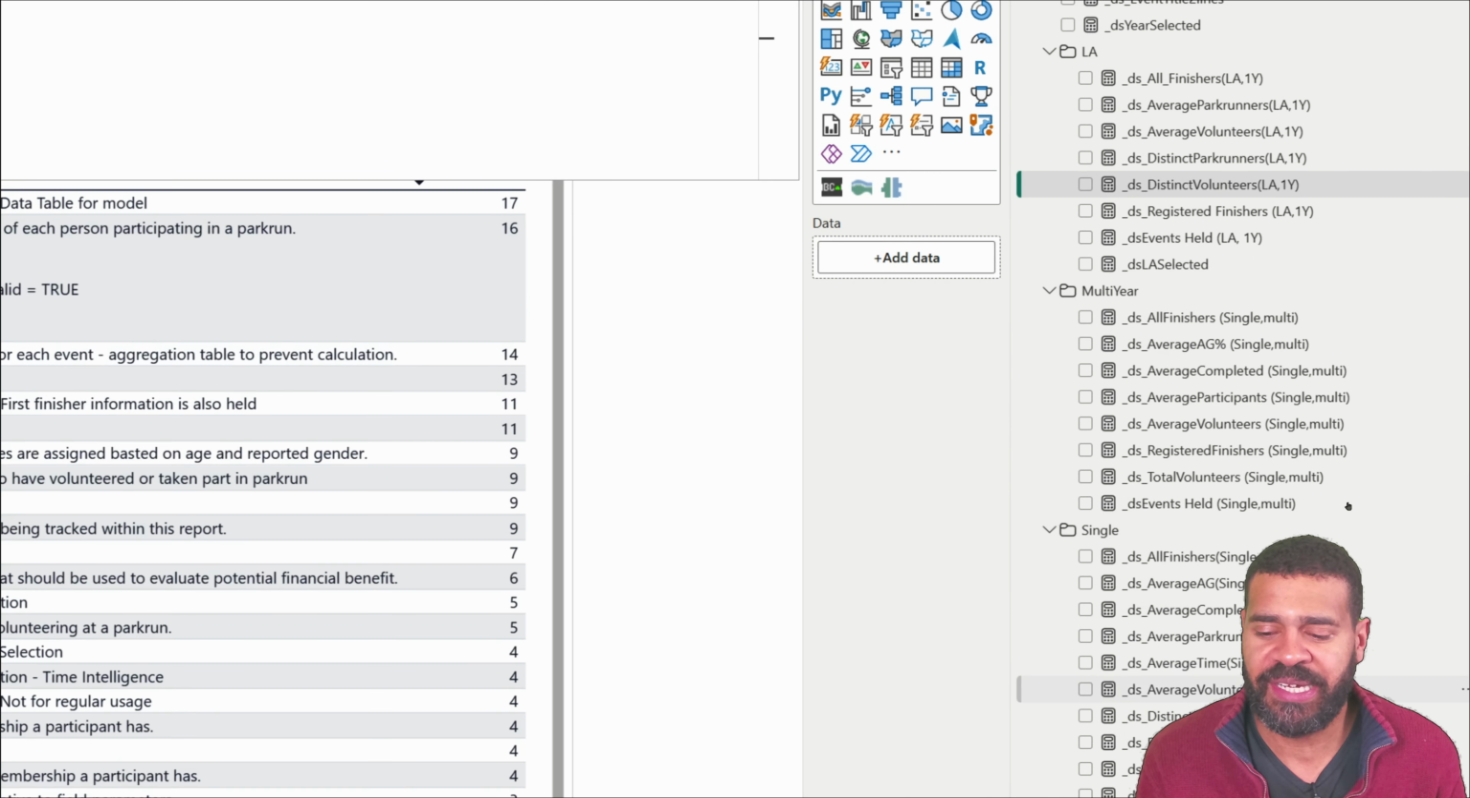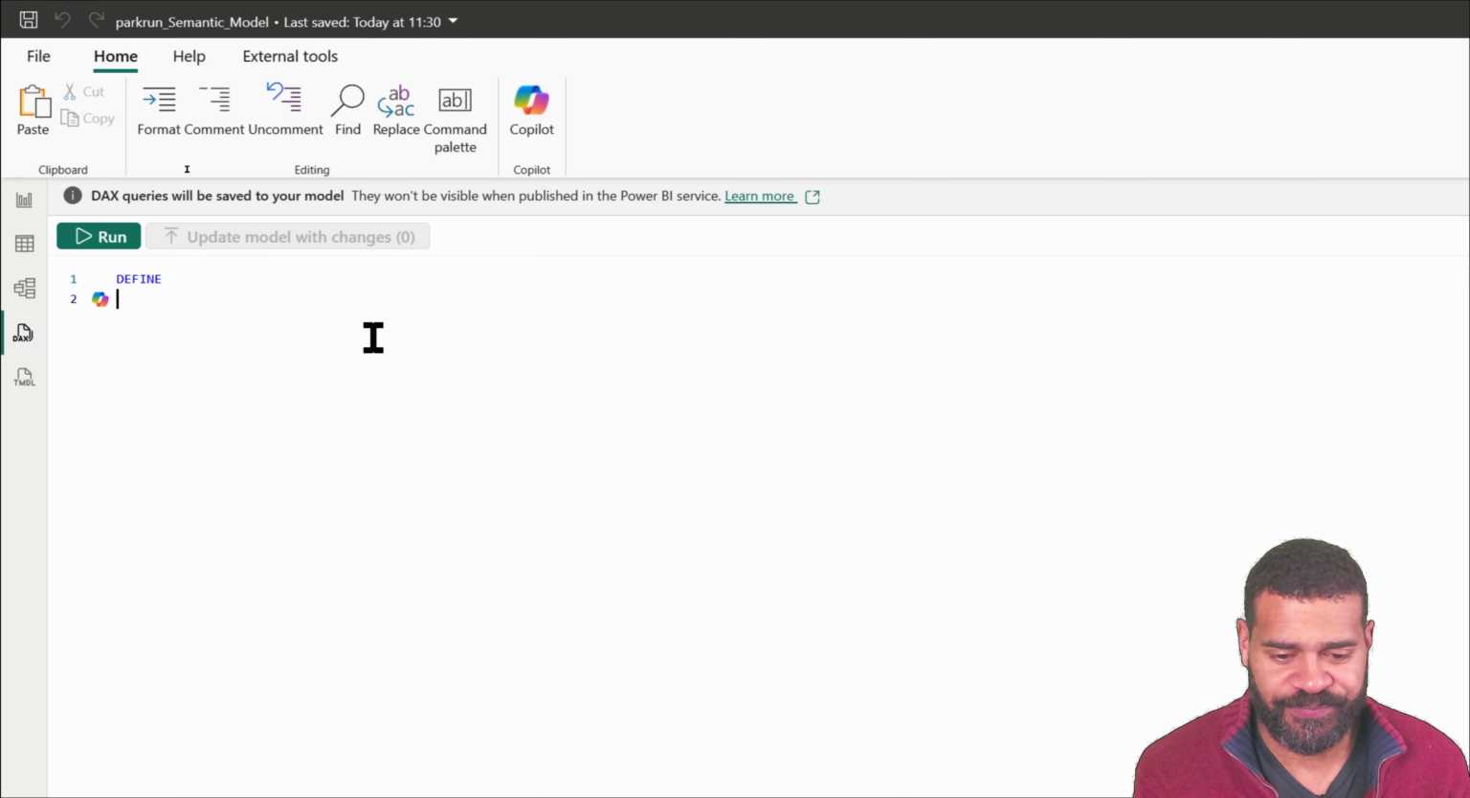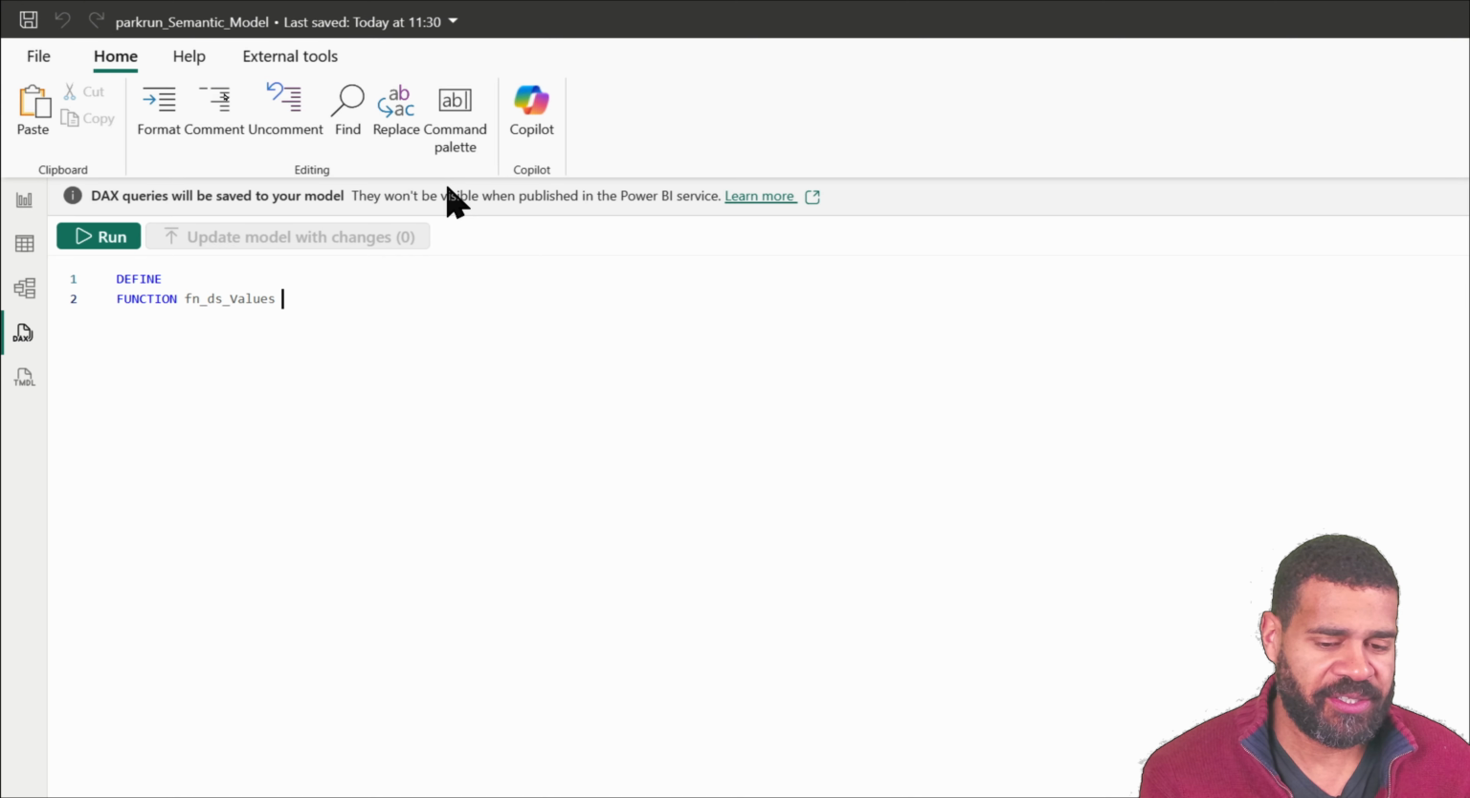The challenge is always going to be the same, okay? How exactly do we want to piece this together? So what do we need to do? We need to define a function. I'm going to call it fn DS values. Okay, so we've got function, DS values, and what we're going to do is we're going to say this equals